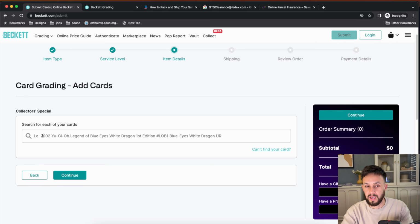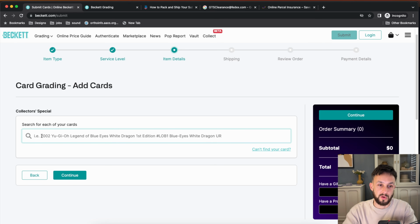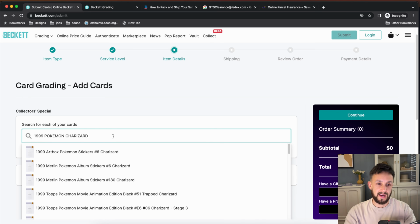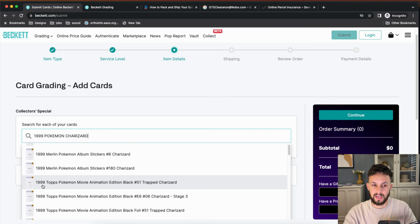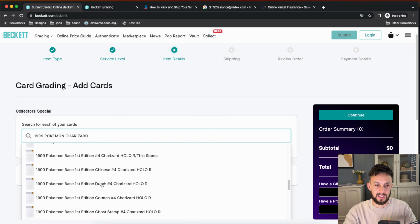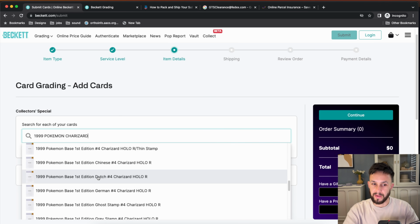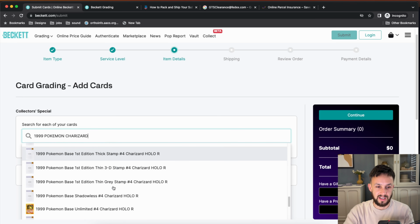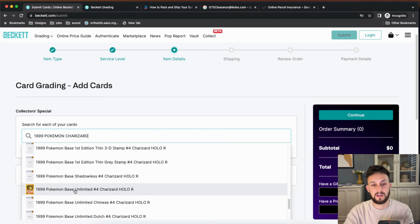It gives you an example here, and just be very mindful of the order that things are placed in. So we've got year, the TCG, the card name. So for example, if we want to submit base set unlimited Charizard, if we go 1999 Pokemon and then just put Charizard, as you can see, there's lots of other cards returning. We're getting Topps cards as well. So if we just scroll through this list, we're starting to get some base set first edition Charizards in Dutch, in German. If we keep looking down the list, and there we go, we've got a 1999 base set unlimited